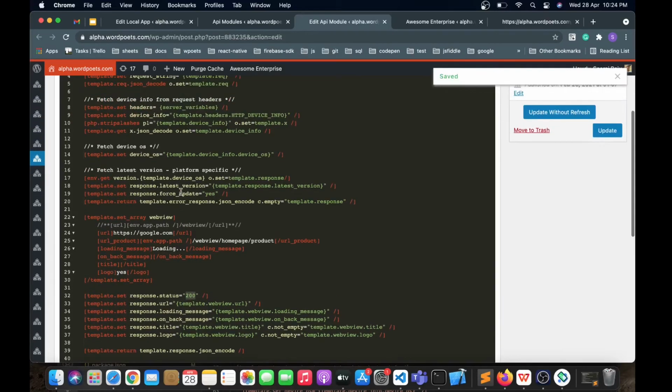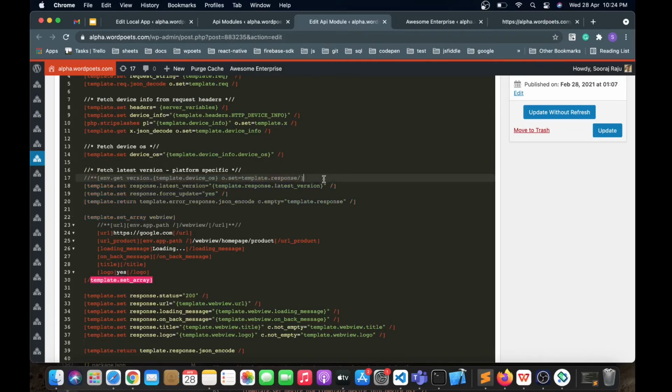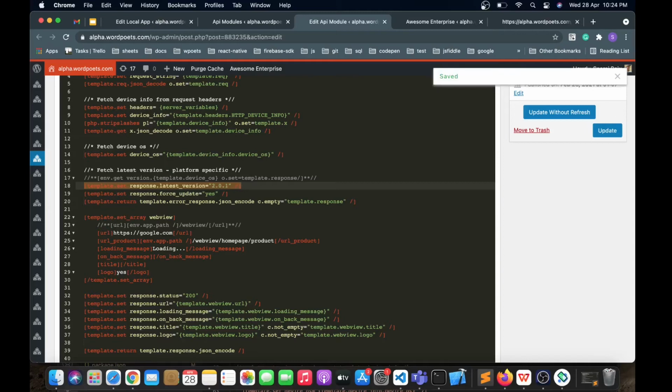Let's make some other change over here. I'm just commenting this out to make the video simpler. Let me change this version to 2.0.1. I will explain why I am doing it.